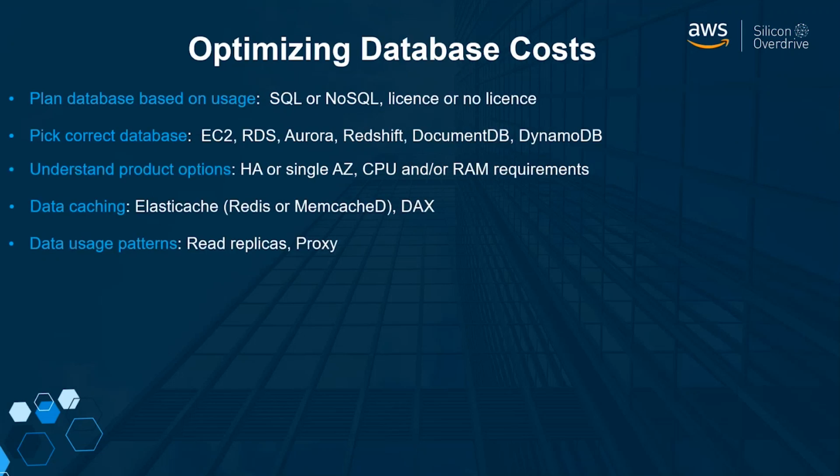Then, in terms of optimizing your database costs, this is also a huge thing, where we often see that the bulk of somebody's costs will normally be the database or the compute, or the combination of the two. So planning and understanding the types of databases is key. First and foremost, you want to get a sense of whether your application works better with a relational database structure or a NoSQL database structure. Do you need a commercial database engine? Does that require a license or no license?